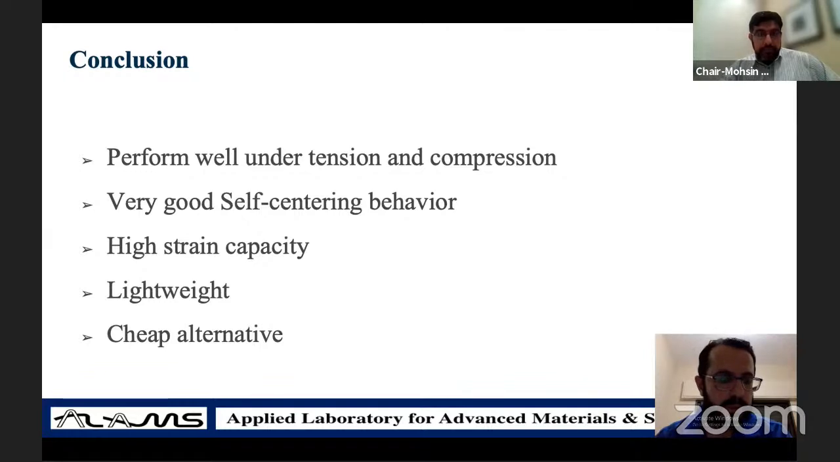I would like to mention here also that there are different studies that we are now trying to conduct on this system. We will try to provide some pre-compression to the system to see how the energy dissipation capacity might increase and so on. So hopefully we can share these results with you in the coming conferences and